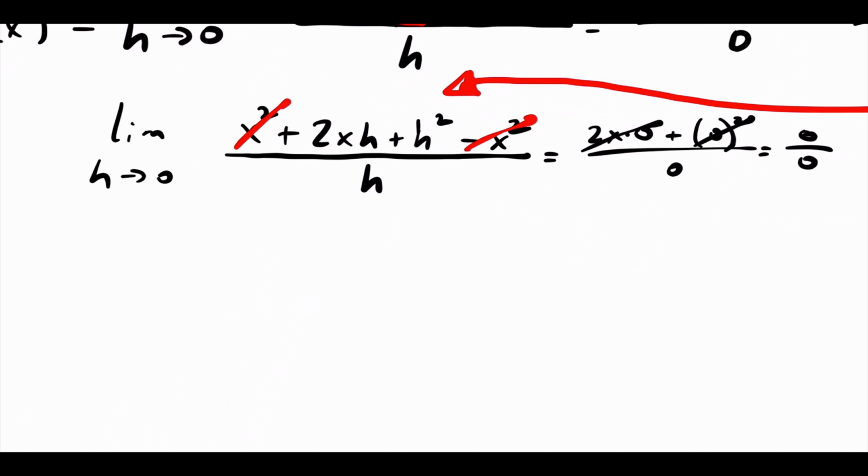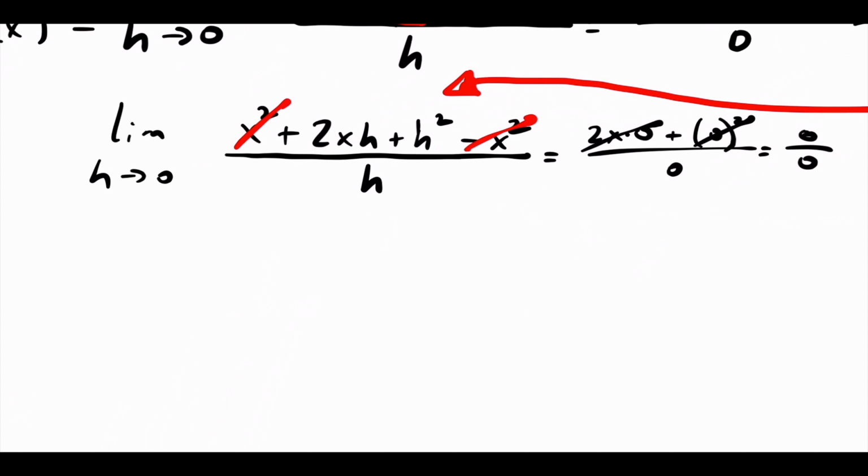Which part is causing this not for me to be finished? The bottom. The denominator is causing me. If I got anything other than 0 on the bottom, I would be done. 0 on top is okay. That's just 0. 0 on bottom is the one that's causing me the issue. So I'm trying to find a way how to get rid of